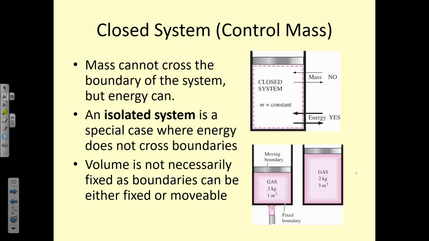A closed system is one where mass does not cross the boundary of the system. If you look at this example here with a piston cylinder device, if we define our boundary to be the interface of that piston and all of the walls and surfaces inside the system, then our boundary can move as the piston moves. If, however, we decided to place the boundary at some other location,